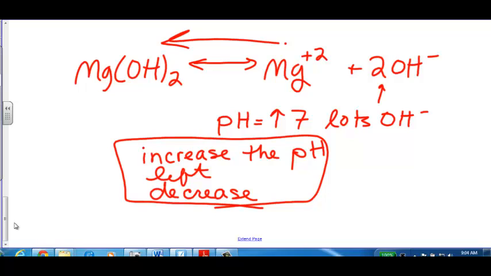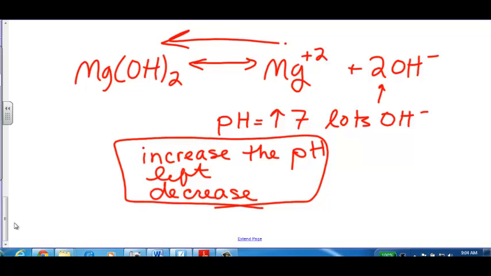What if you're not in a base? What if you're dissolving this in a solution that has an acidic pH? Then what's floating around? Lots of H pluses, right? Uh-oh, what's that going to do? Decrease the pH. What are the H pluses going to react with in this dissociation reaction? OH minus, right? They're going to gobble up the OH minus ions,